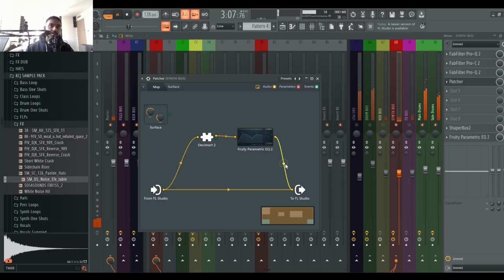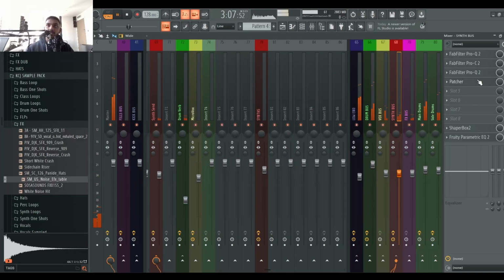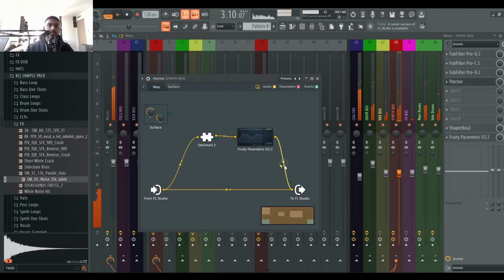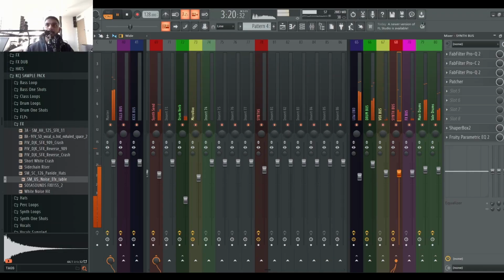So that's exaggerating it. Let's blend it in with the track. See how much more life there is now to these synths. I'll even bring this down a touch because the decimator is very powerful. Don't want to go overboard, but